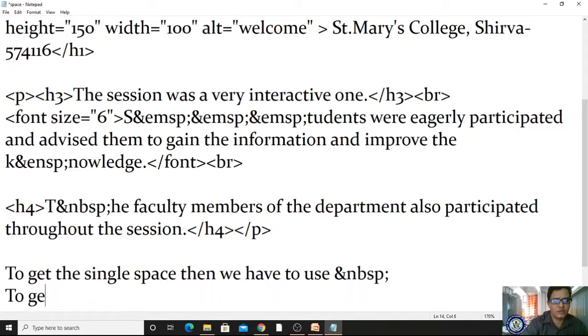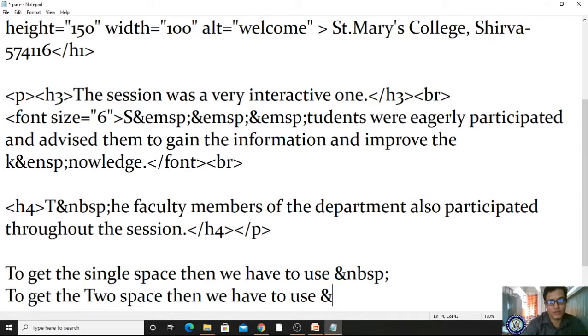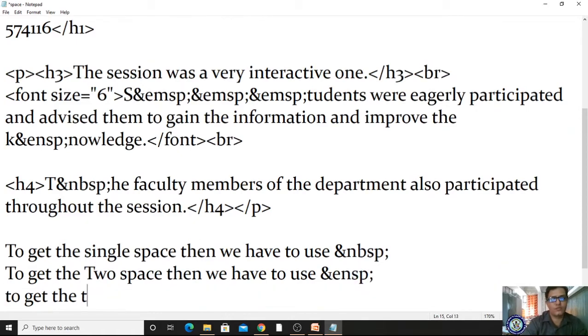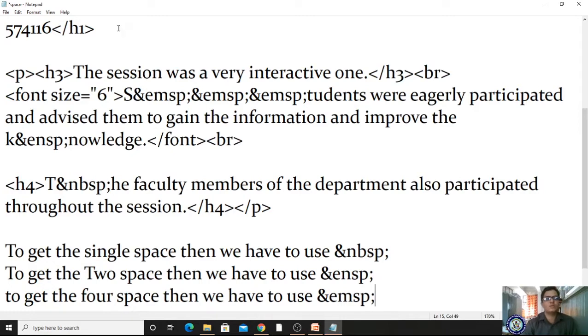To get 2 spaces, we have to use ampersand ENSP semicolon. To get 4 spaces, we have to use ampersand EMSP. Okay, so likewise you can give spaces for your contents.